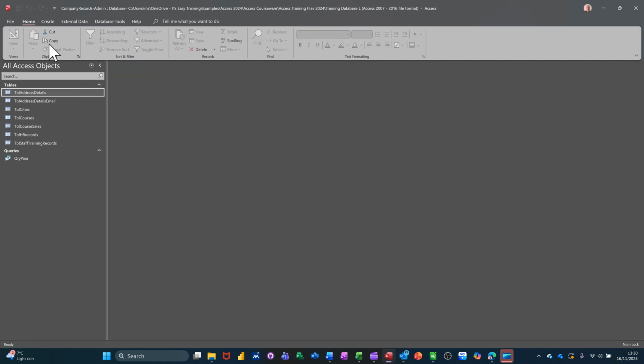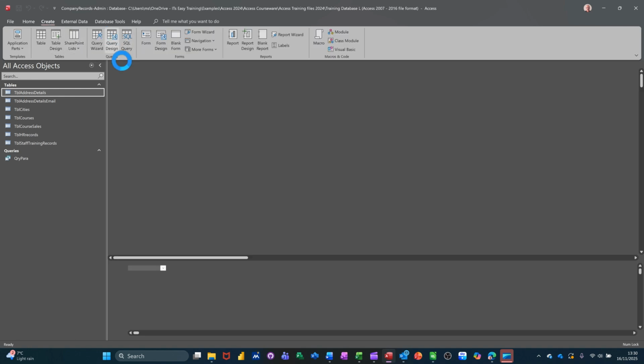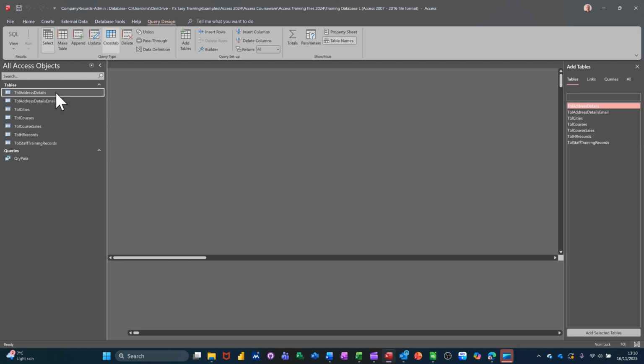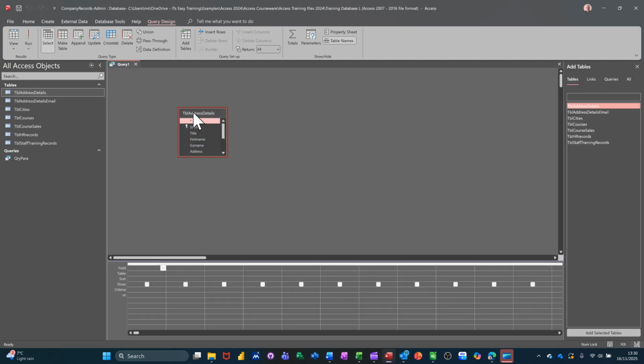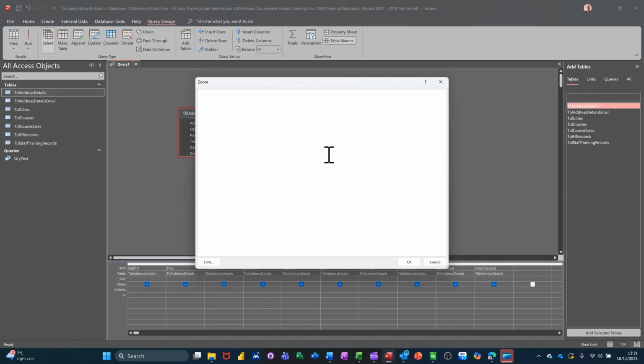If I just do that one first, create query design, just add the table across, double click at the top, drag and drop all the fields, and then I'm going to date joined. Underneath date joined, now when you're typing in these boxes, sometimes it's quite hard to see, so you can use Shift F2, which will zoom up, and you'll better see what you are typing. So if I go between,